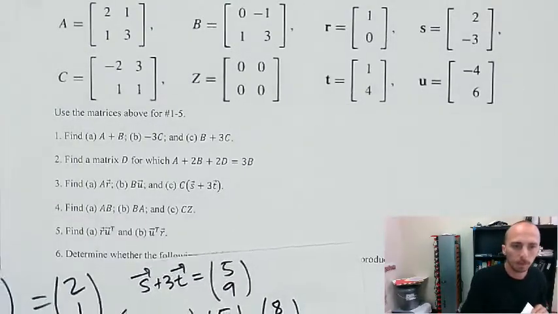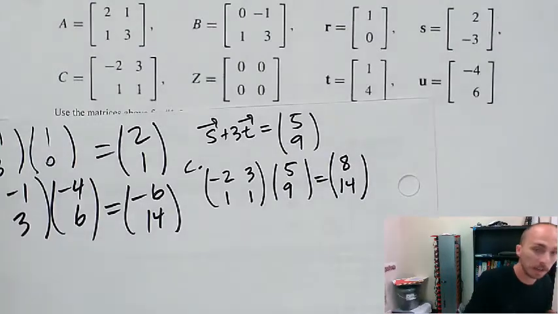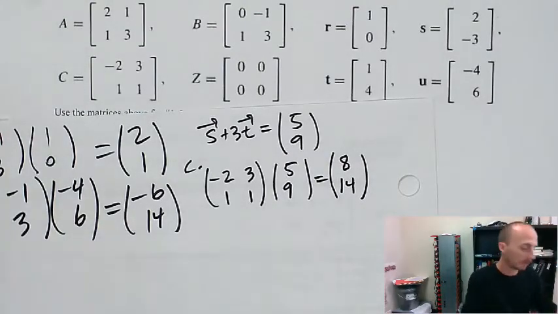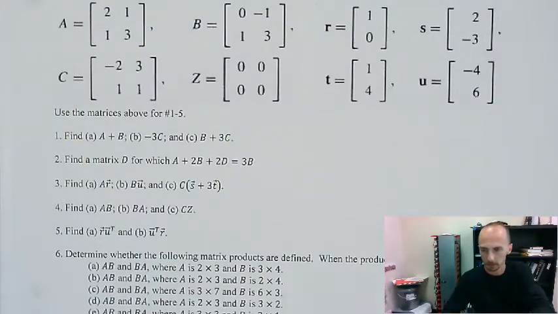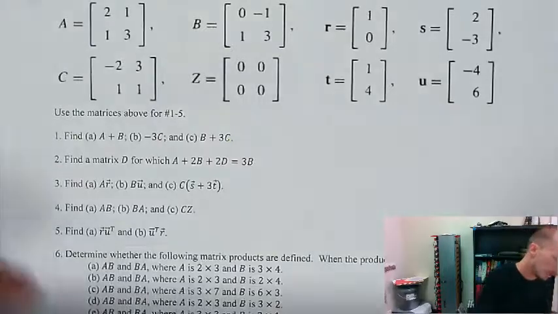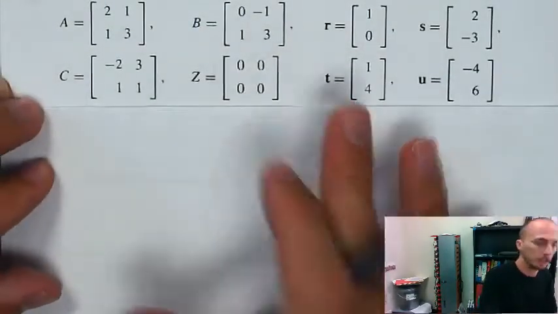Okay. Number 4, AB, BA, and CZ. Okay, all of these are going to be defined. Oh, CZ, that one's going to be pretty easy. But that's what we're going to involve some arithmetic. So let me just get out of the way. AB, BA, and CZ. Okay, so AB